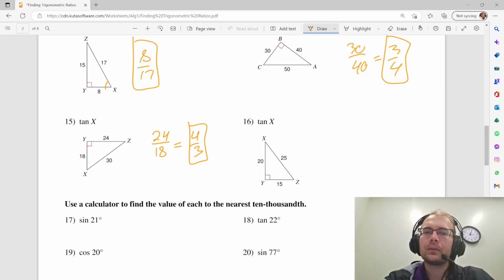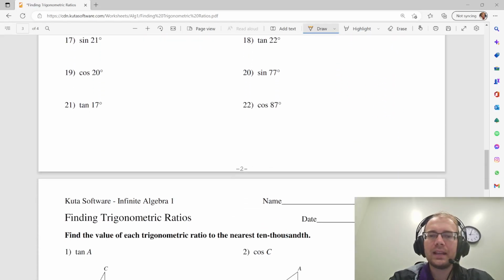So here's x. Opposite over adjacent. This one's less than 1. The other one was more than 1. It can go either way with tangent. But with sine and cosine, it should always be less than 1. Okay, so opposite over adjacent. Both of those divide by 5. And we get that. All right, and then we just have these last few here, and then you can see